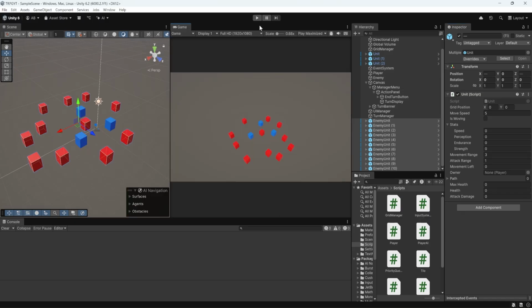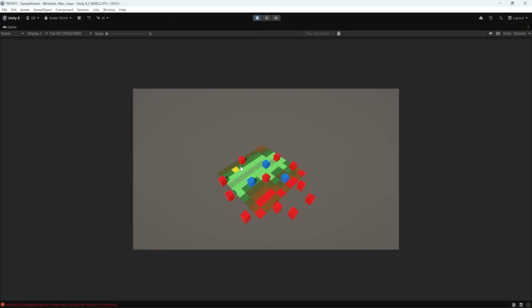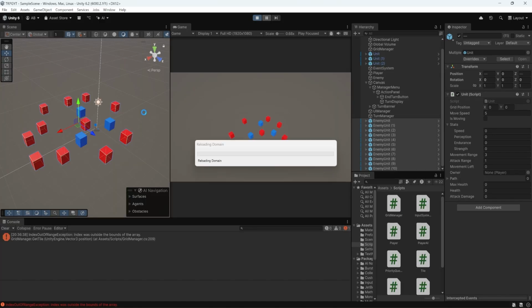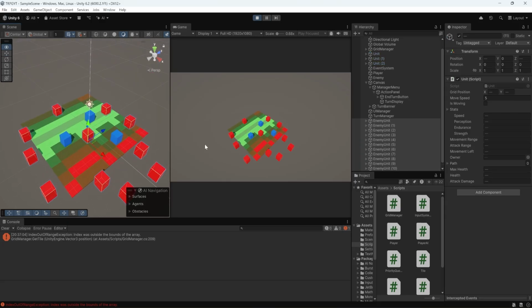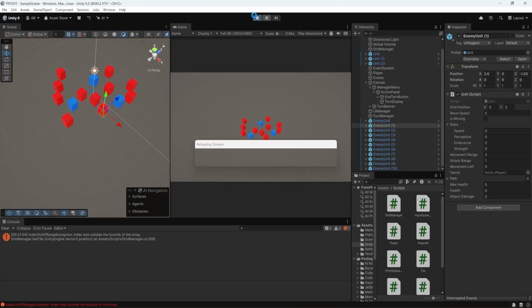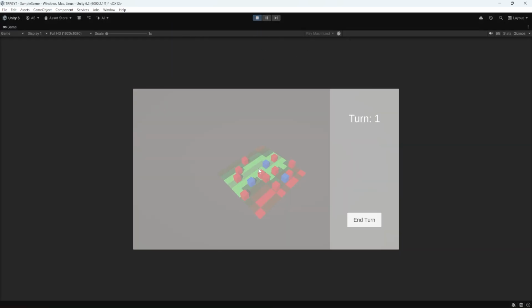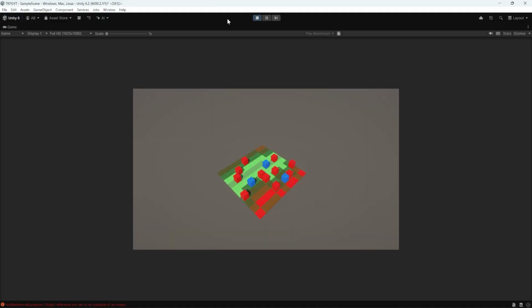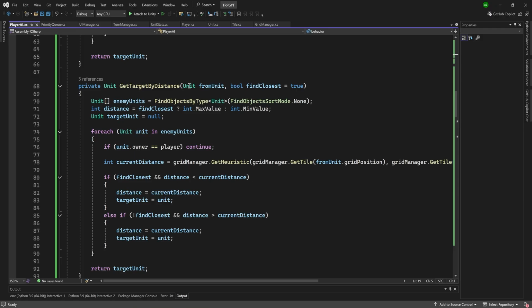So now if I save my scene and hit play, we see I have a slight problem. I might have overestimated the size of my map. So let me just make sure I've got the right units selected. Okay, so all of these guys on the edge right here. There we go. Now if I hit play, all of the enemy units are placed on a grid. So if I end my turn, we can see that nothing happens, and that's because we have an error, and that's my bad. If we go to our player AI script, get target by distance, I'm checking if our distance is less than current distance or greater than current distance. These are backwards. So I'm going to just flip the signs, save it, head back, and we should be good